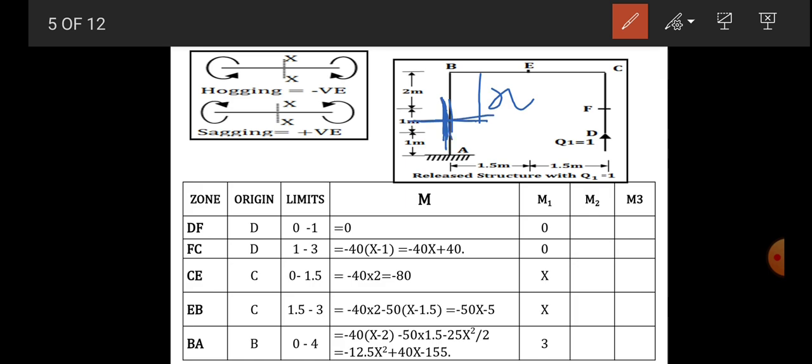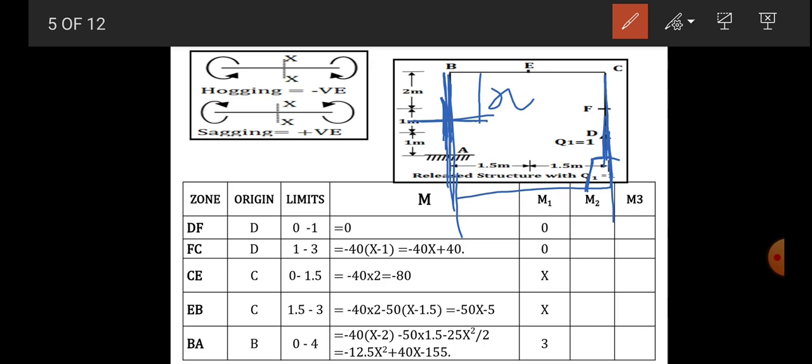Now look toward the origin side and consider the whole structure, whether there is any force on that side. So there is only one force, which is a vertical force, Q1 is equal to 1. So the force is vertical. So consider the vertical imaginary axis. This is the vertical imaginary axis, and you find out the perpendicular distance between these two, that means the line of action of Q1.